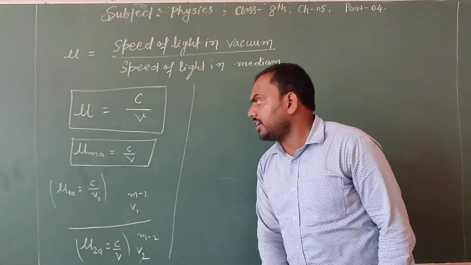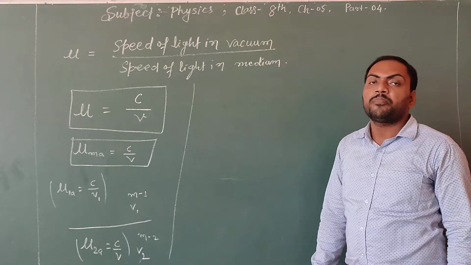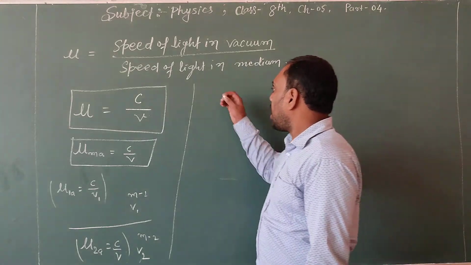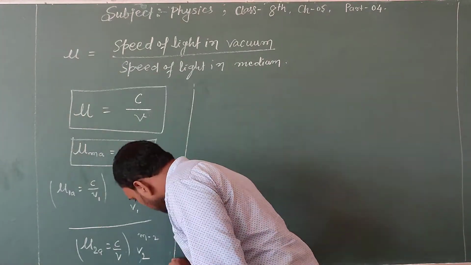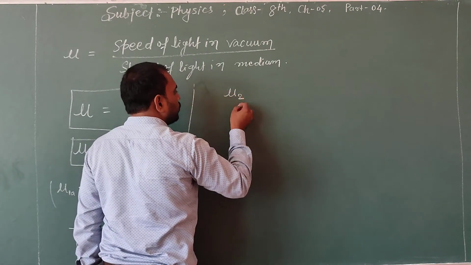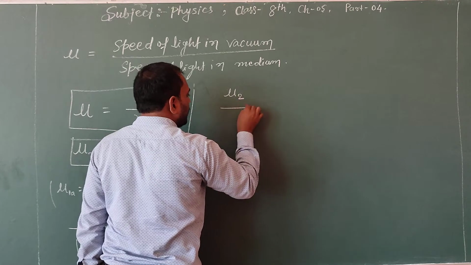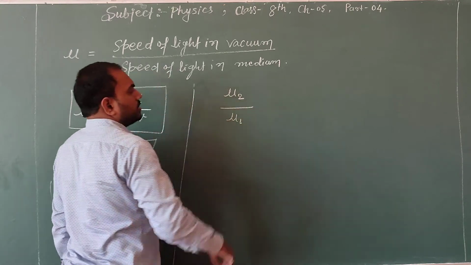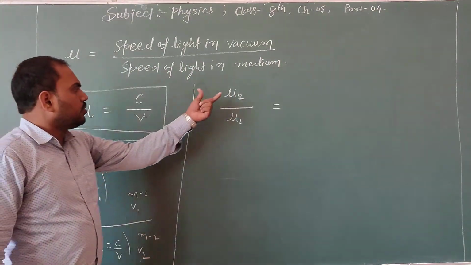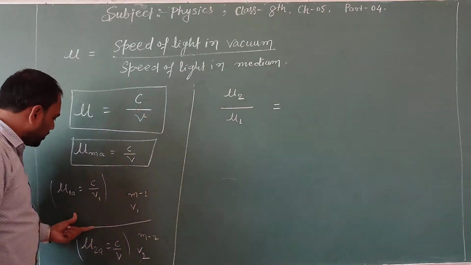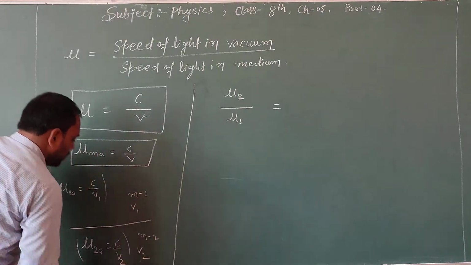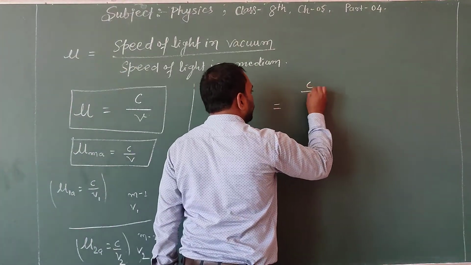I have to find the refractive index of medium 2 with respect to medium 1. How do we understand it? I am writing here: refractive index of medium 2 with respect to medium 1. Just divide it. The refractive index of medium 2 is C upon V2,